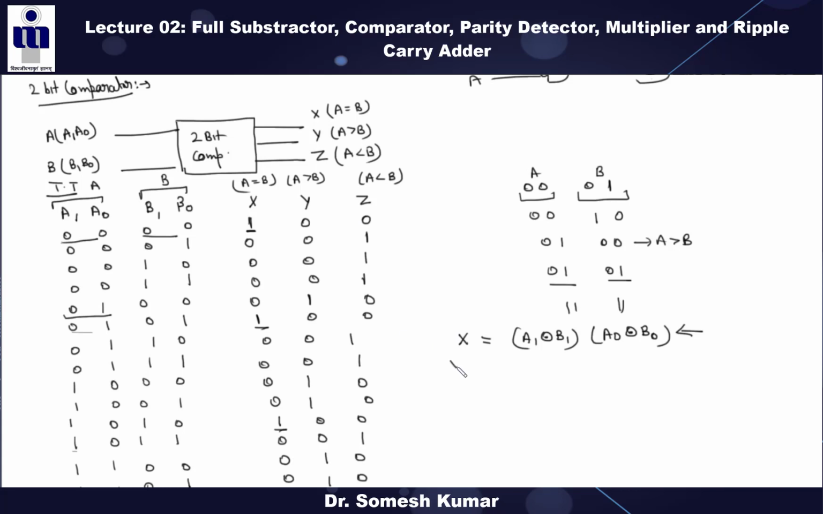So why I am writing here directly, this is A1 B1 bar. Similarly, no need to remember all these things. You can solve these things using the K-map. I am repeating again and again because it's difficult to remember. If you can remember, then it depends on you. Similarly for the Z,